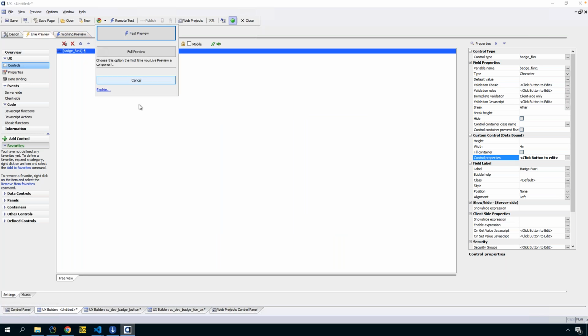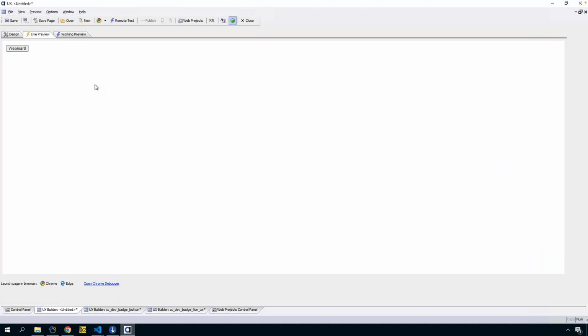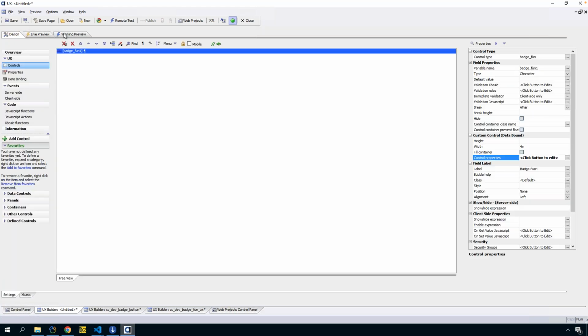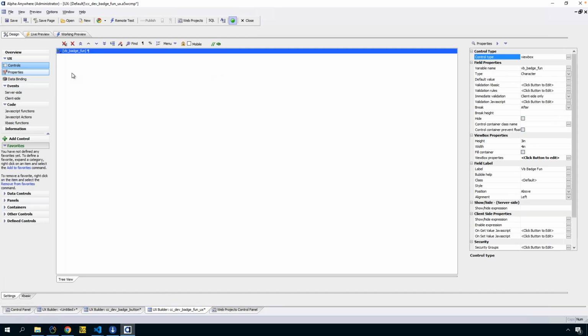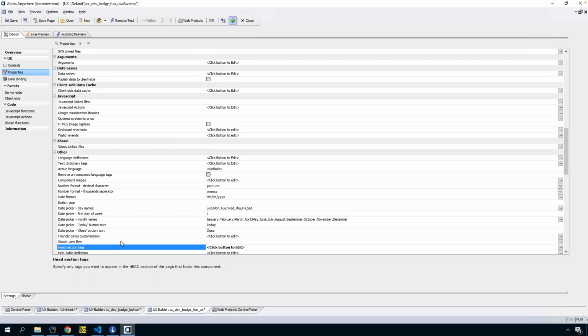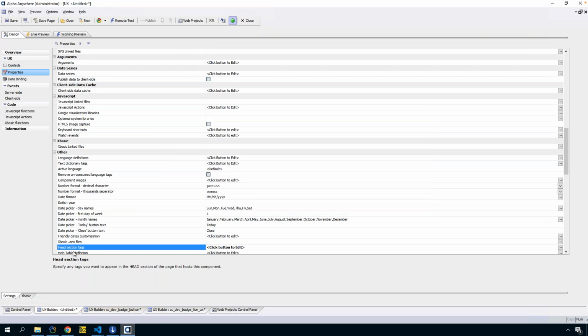Oh, very important. I'm going to do a live preview. I want to show you what may happen. So if you'll notice when I'm doing the live preview, it shows the data, but you notice the styling's not there. Well, that's because each UX has to refer to that Bootstrap because it doesn't know where to find the Bootstrap. So I'm going to copy this here, and I'm going to go back to my new UX